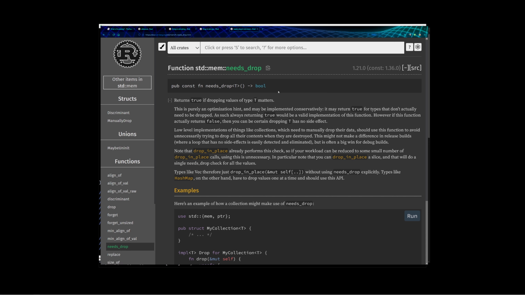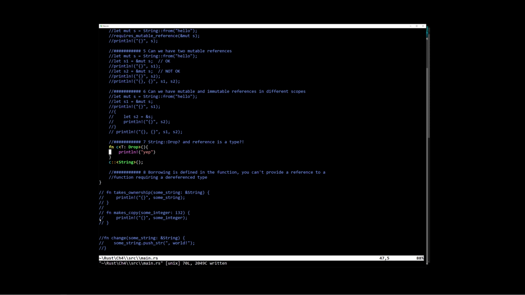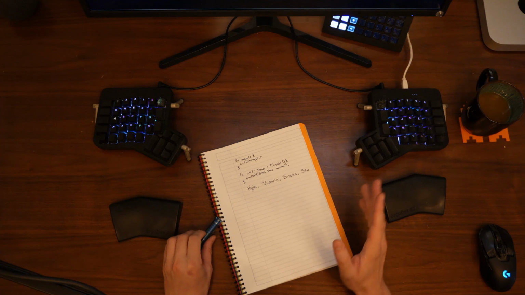And in the circumstance where we're not actually defining how things should be dropped from memory, we're relying on Rust to use its automatically generated drop glue. All that to say is that it's not a binary between whether or not a particular type has copy or has drop. It kind of functionally does, but we don't necessarily expect to see that inside the documentation for any particular type. I definitely did a lot more learning outside of chapter 4 just to get an answer to that particular question,